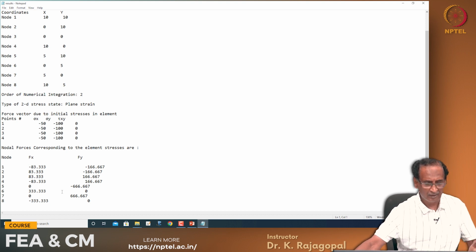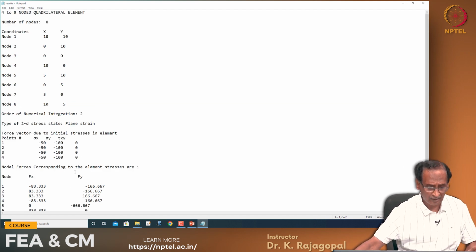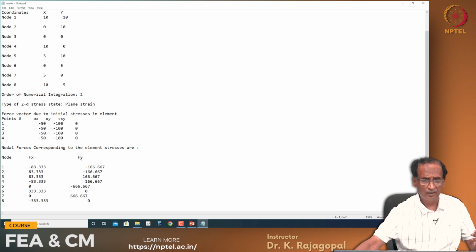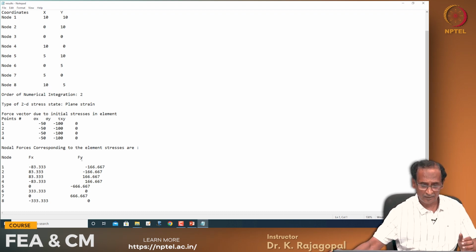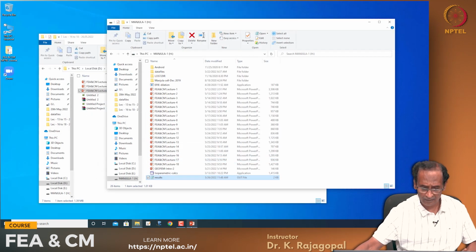So, this is what we call a consistent distribution of the loads, and that is what we need, so that our stiffness and the forces are consistent with each other. Okay. So, that is a brief introduction to this program,